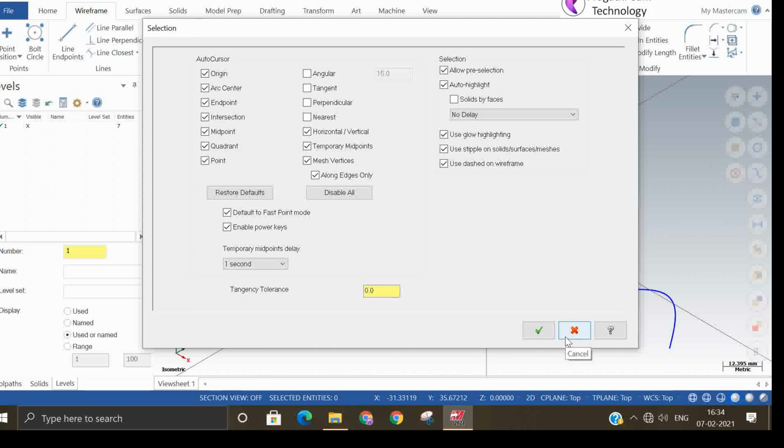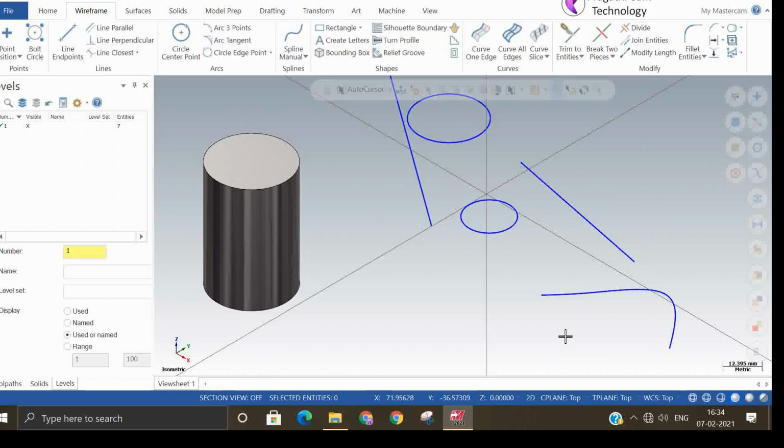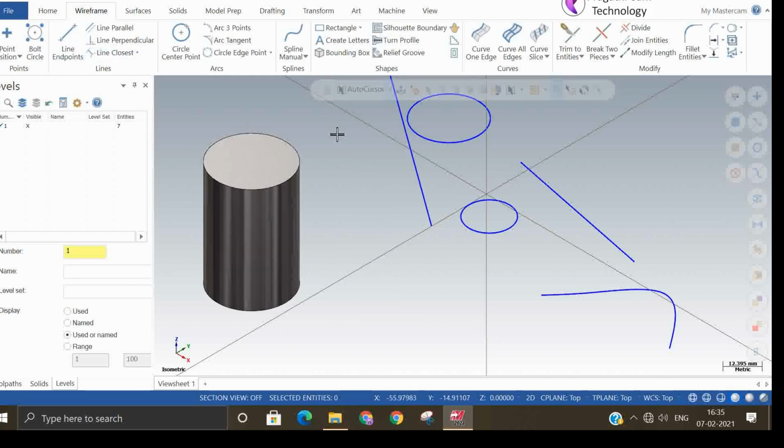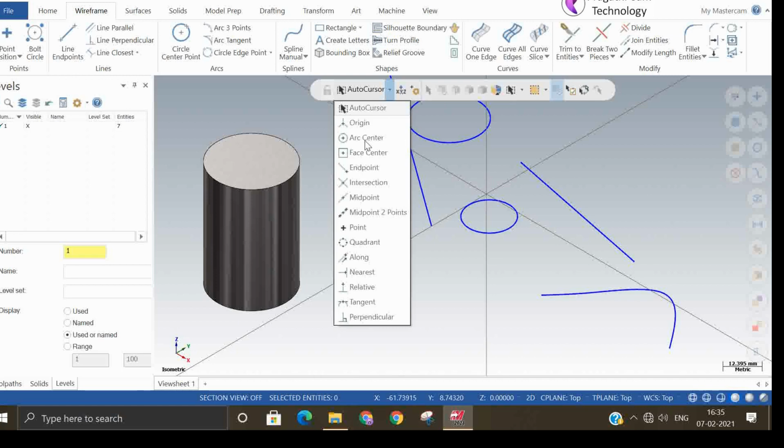Suppose if you remove all these things, even so, if you want to override this existing setting, then you can go for the auto cursor setting. So I took the line command, and I say in auto cursor setting, center of the line.